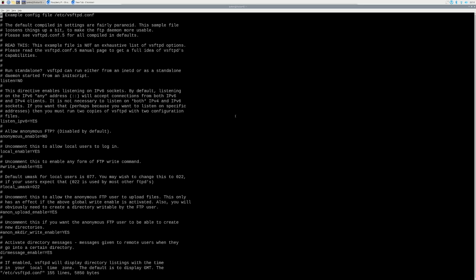And then the lines that we want to enable in here are anonymous enable, which is already uncommented, local enable, which is already uncommented, write enable, which is now uncommented, and local umask equals 022, which is now uncommented. So by opening those, I mean, we can't really test this from this system. This is something I would have to do from another machine. But once I save this file